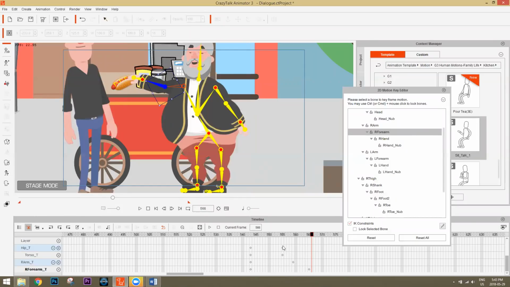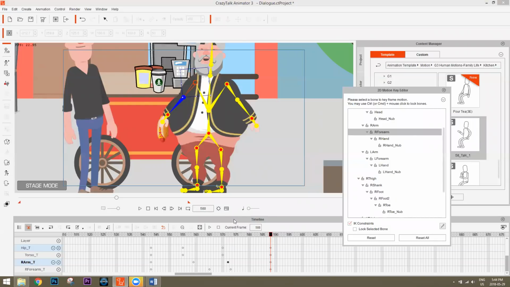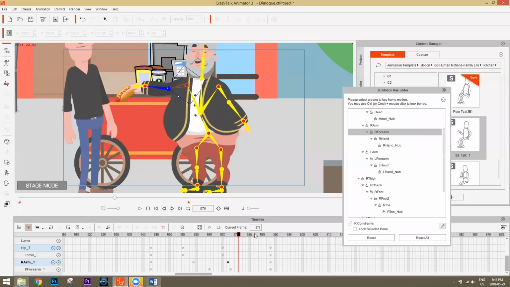And let's go ahead and just copy the first two to this frame right here, and then click and drag and copy these two to this frame here as well. And again, you can spread them out to whatever time you want, and then from here to here, we're just going to press reset all. And there you go, it's back into position. So from here to here, there you go.